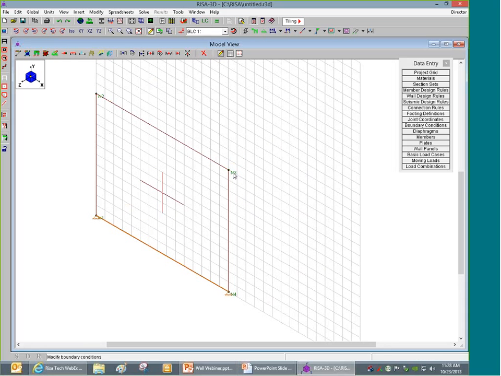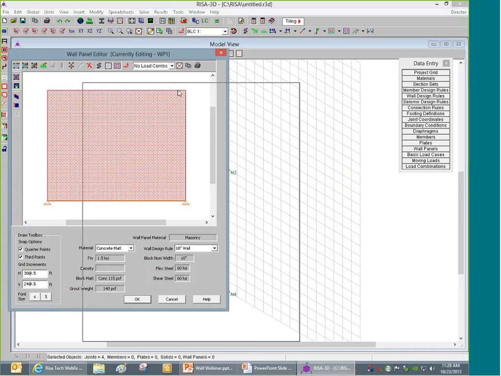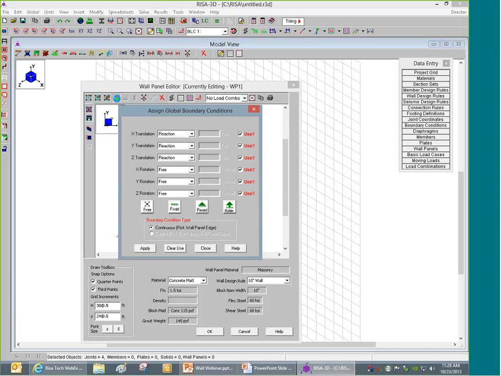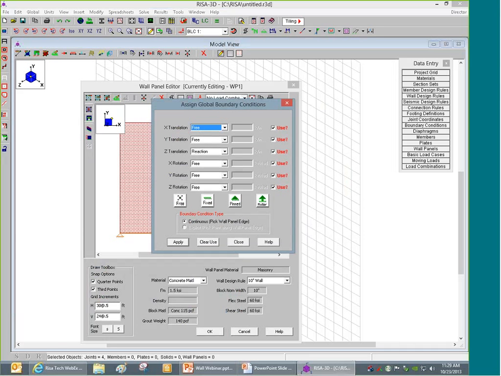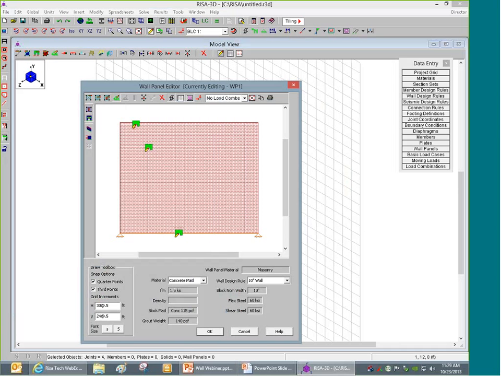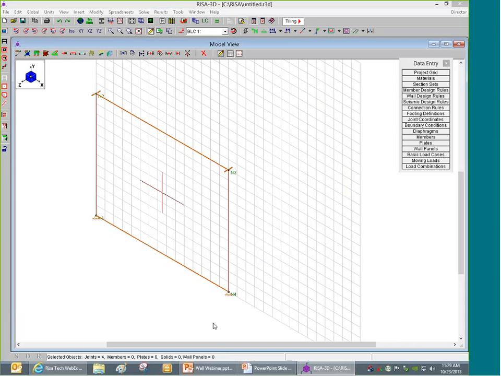Now, of course, when I solve, I don't want this wall to flop over out of plane, so I need to apply a z-direction boundary condition to the top of it. To do that, I'll double-click on the wall to go back into the wall panel editor, go back to apply boundary conditions, and what I want to do in this case is apply a boundary condition where X and Y are set to free and Z is set to reaction, and then, of course, all rotations are also set to free. So now when I hit apply and click on the top of the wall and hit OK,